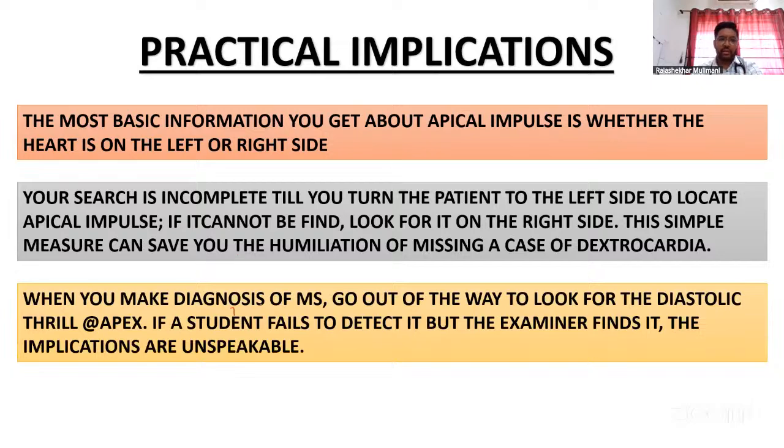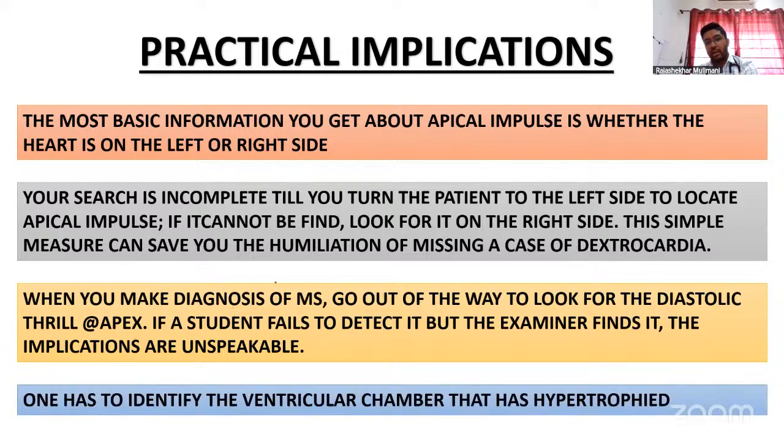And when you make a diagnosis of MS, go back to look for a diastolic thrill at the apex. If a student fails to detect it, but the examiner finds it, especially in the postgraduate examination, the implications are unspeakable. My final MD examination case was a case of mitral stenosis with coexistent aortic stenosis. Both were very severe in nature. I still remember that case. The patient, in fact, had a syncopal attack in front of me during the examination due to severe aortic stenosis. This patient particularly had a diastolic thrill. So, if you miss a diastolic thrill, the examiner can get very angry. Fortunately, I had